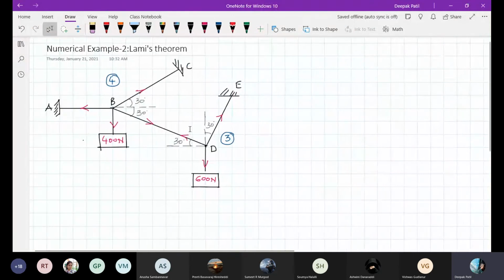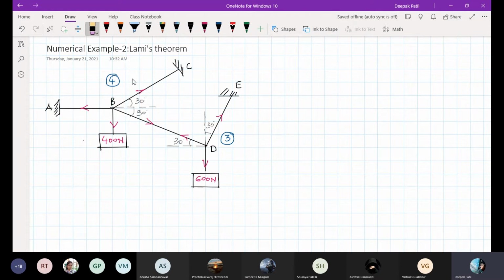Let me take this numerical example here. Same thing, in all the strings, you have to find the tension, right? You can see these are all strings which have been attached. At point B, they have suspended a load of 400 newtons, and at point D, a load of 600 newtons. It means the tension in this string and in this string is the same as the load they are supporting. So tension in this string will be 600 newtons and in this string 400 newtons. But tension in all these other strings you need to find.